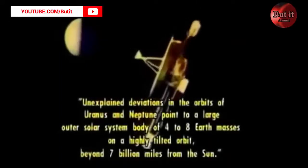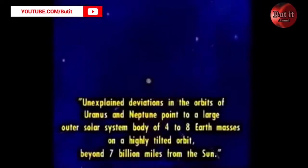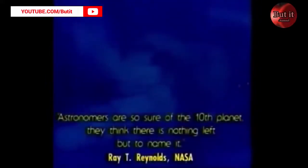Unexplained deviations in the orbits of Uranus and Neptune point to a large outer solar system body of 4 to 8 Earth masses on a highly tilted orbit. Beyond we're sure of the 10th planet, they think there is nothing left but to name